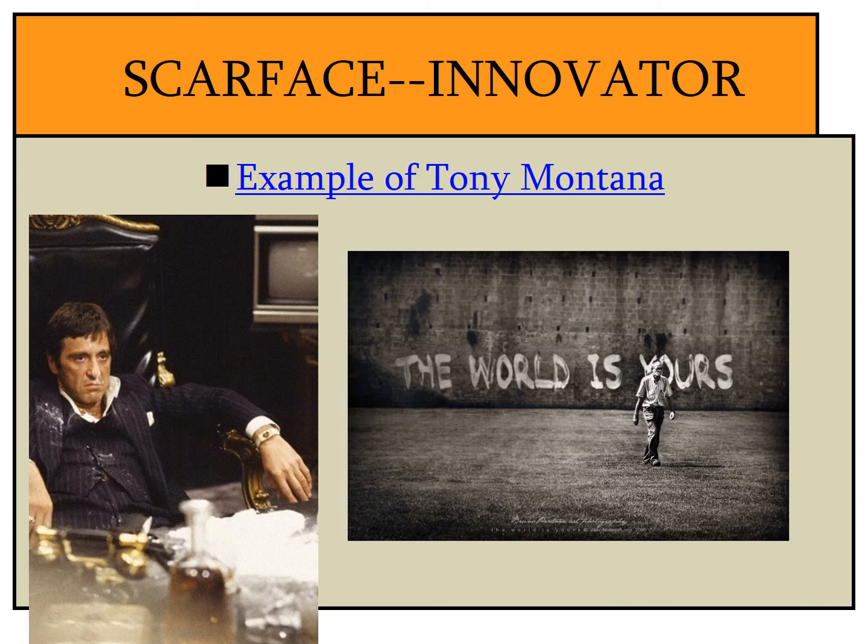And so what happened here is that a strain or tension developed in his life. So on the one hand, he wanted to achieve the American dream, but on the other hand, he did not have the ability to go to college and get a legitimate job that would enable him to achieve his American dream. So what he did instead, he became an innovator, right? And an innovator is a person who wants to achieve the American dream, but they don't have the legitimate or the legal means to do so. So they do things illegally. And one of the things that Tony Montana did was that he became a very successful drug dealer. And this is how he achieved his American dream, at least in his mind.